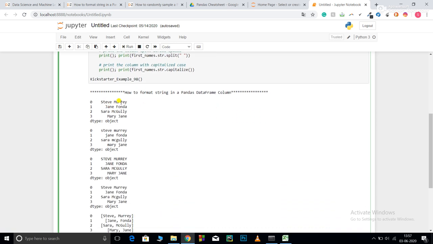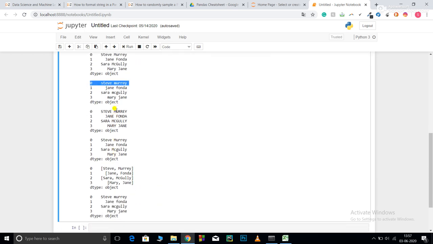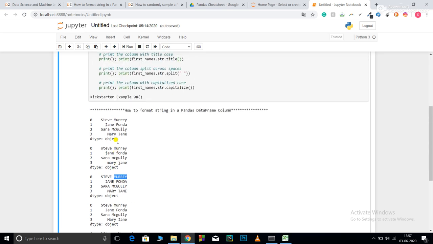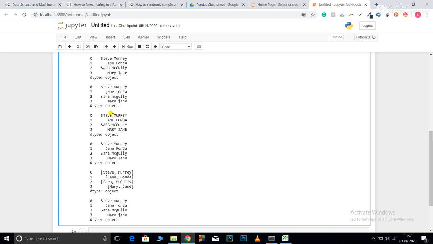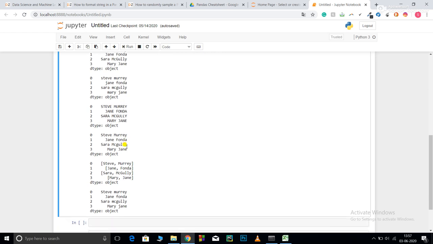So you can see Steve Murray was the initial data that I fed into it. Now this is after the conversion into lower case, and this is what it looks like after the conversion into capital letters. The third was title, so it printed with title case, and now you can see it split.